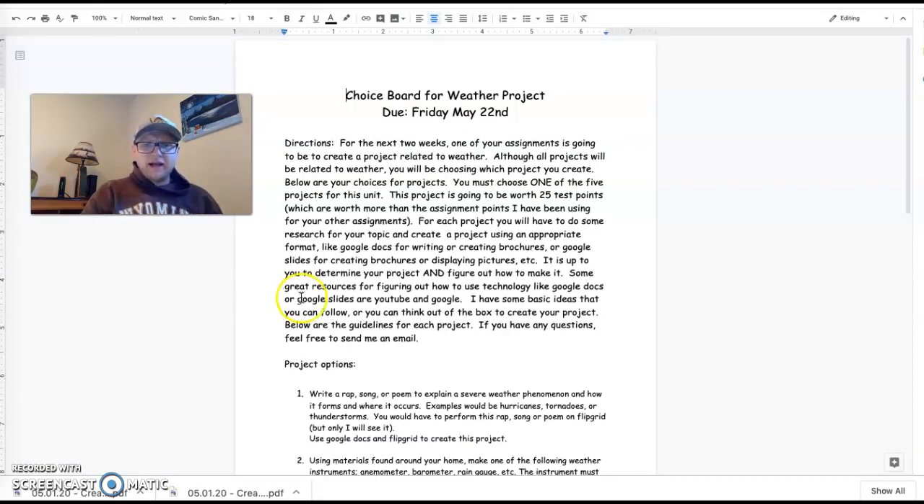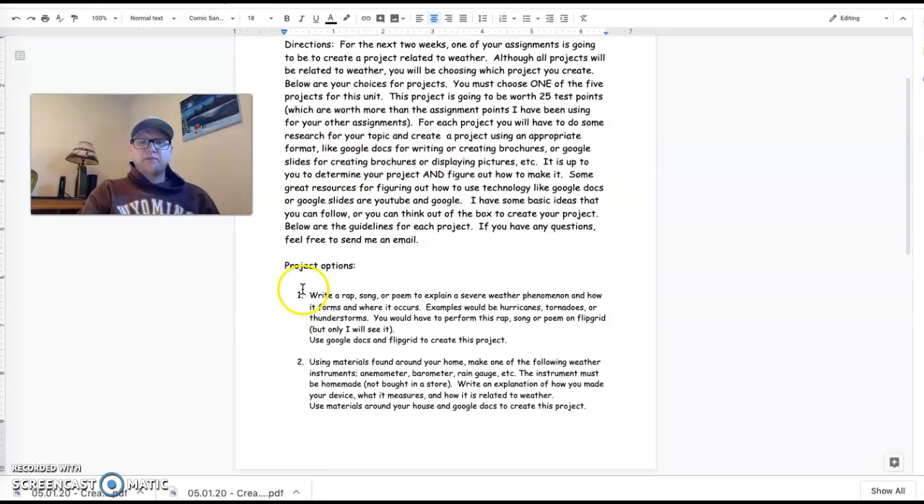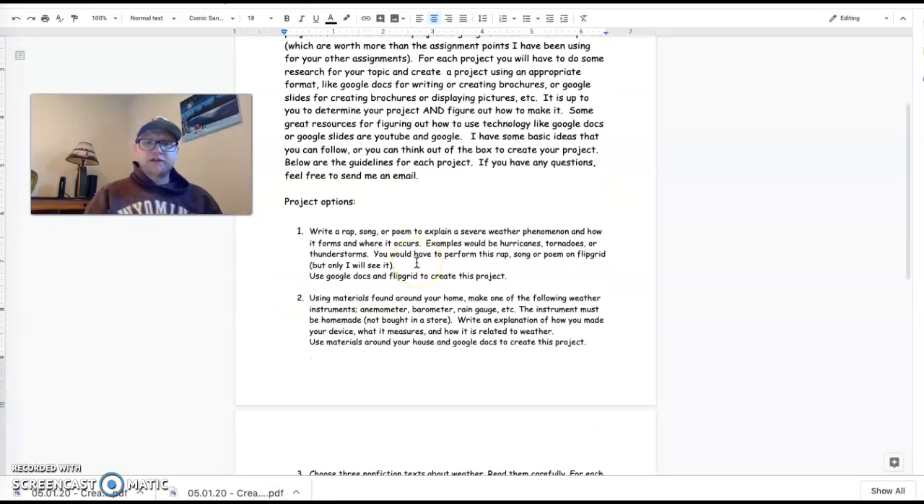Let's go ahead and see what kind of projects we have. Your first option is write a rap, a song, or poem to explain severe weather phenomenon, so like thunderstorms, hurricanes, things like that. And you will have to perform the song or poem on Flipgrid. For this project, you have to tell me how it forms, where it forms, what kind of impacts it has,